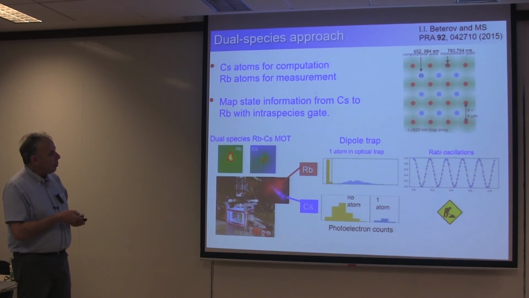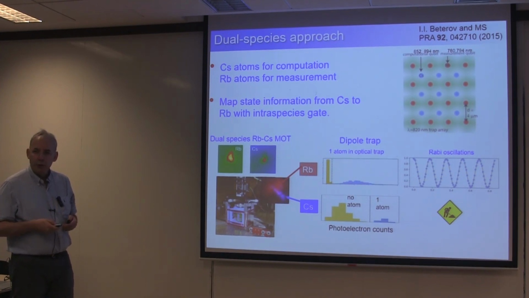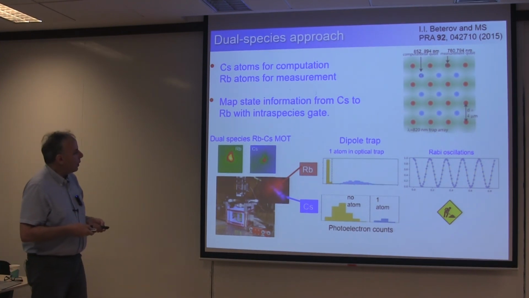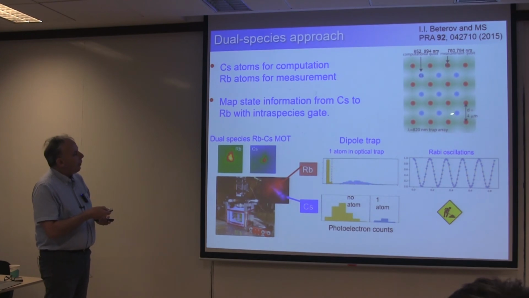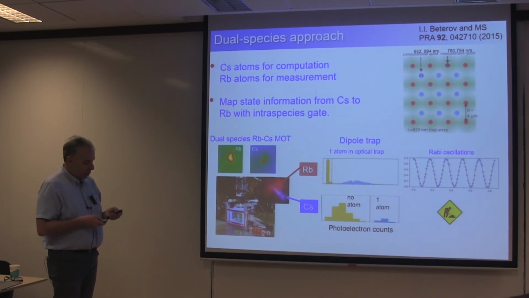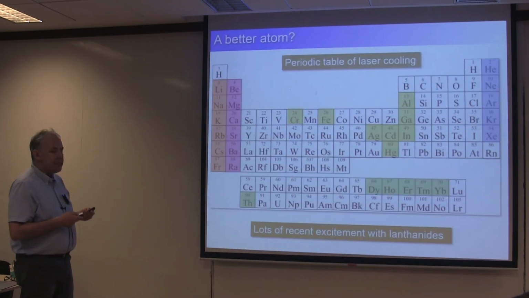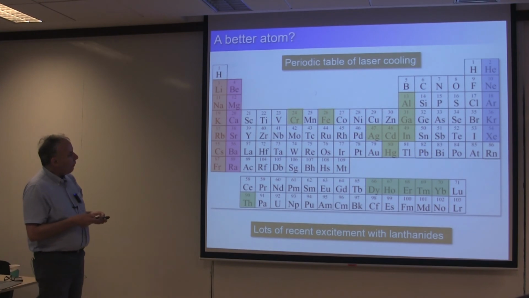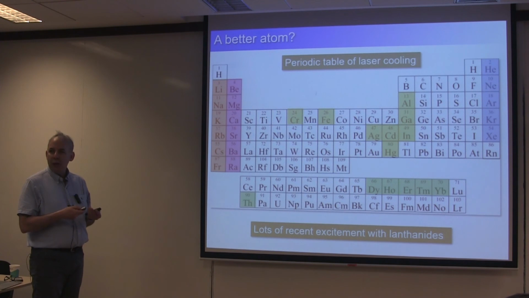We think this is going to be workable, although I will say it's kind of an overhead to have all these different lasers now for 2 different atomic species. So another thought is, could we find just one atom that would let us get this separation between coherent control and dissipative operations without going to 2 species? Is there a better atom that we might use for this kind of work? So here I've colored in all the elements I'm aware of that have been used for laser cooling.